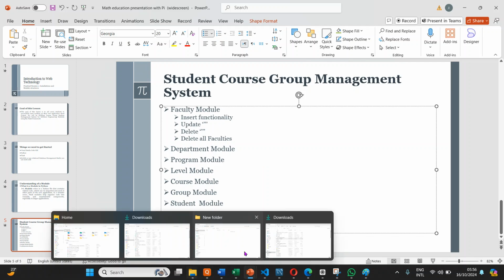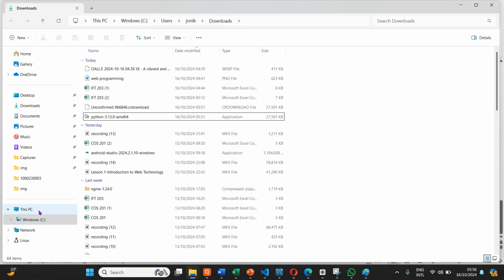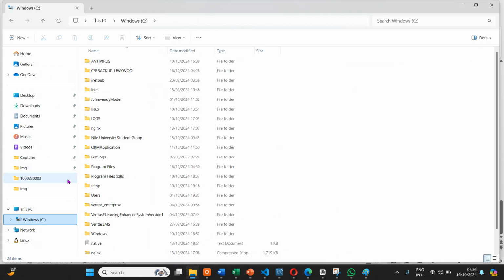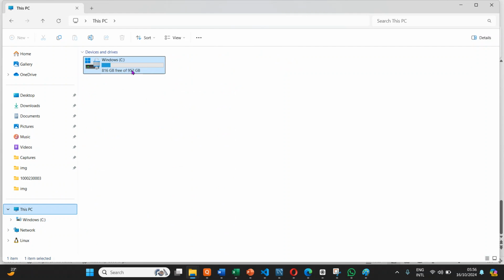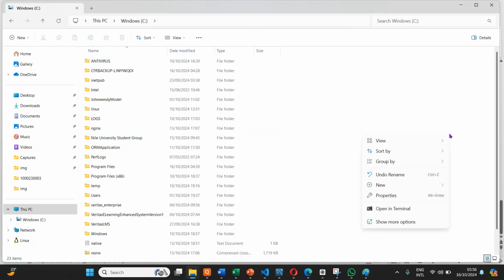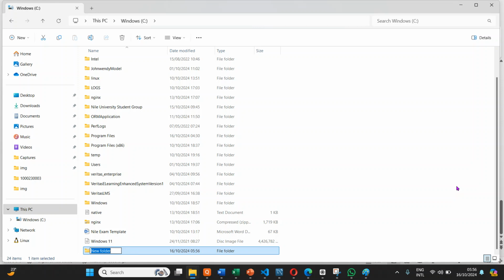So now you go to your local disk here. Let me go to my local disk, it's only my C drive, on my Windows operating system. So let me create a new folder. I'll call this new folder